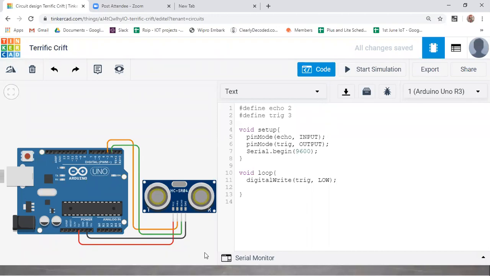Next part is to give some delay. You need to use delayMicroseconds, guys. This is a new function you are going to see.